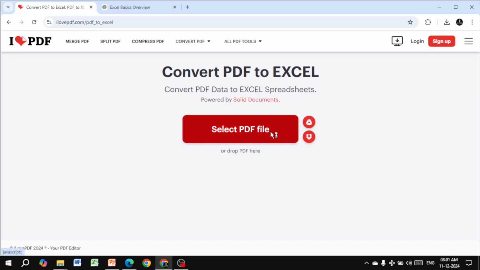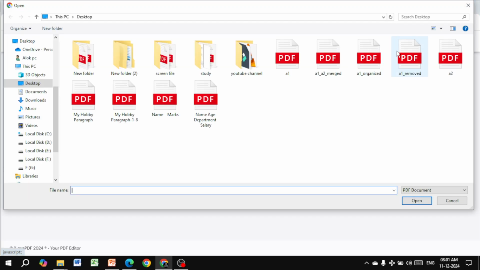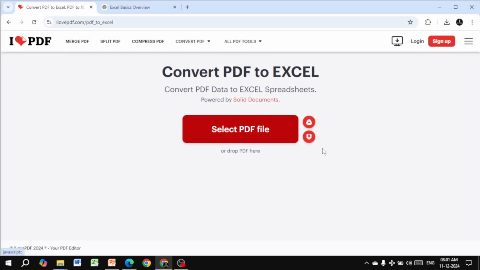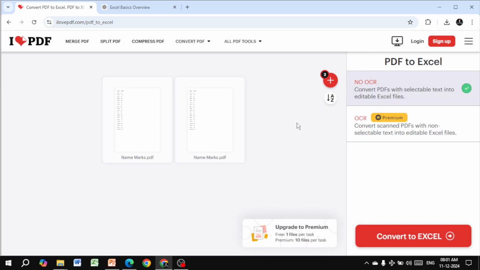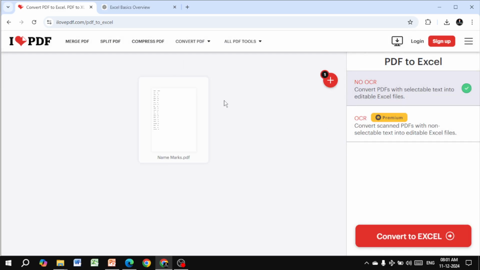After selection, you can see this PDF. Only one PDF is here, but you can also select one more. Then I can also select one PDF two times. So I cut it. Then click on no OCR, and OCR is premium. So click on no OCR